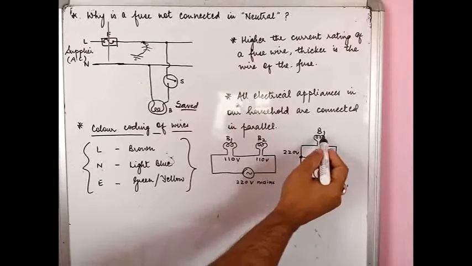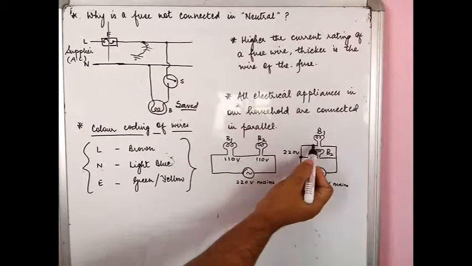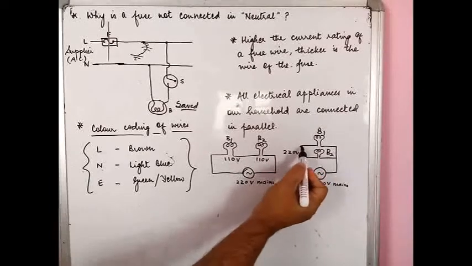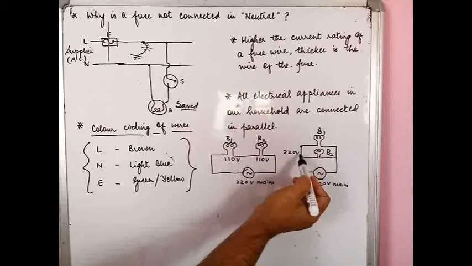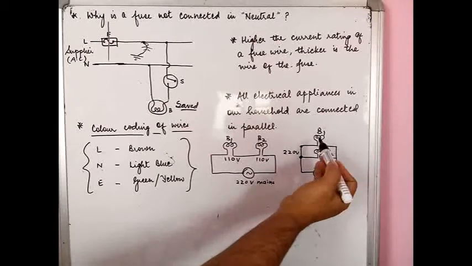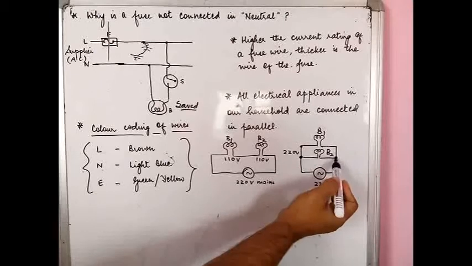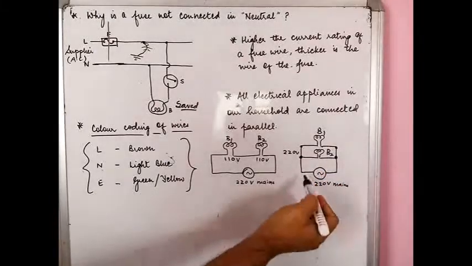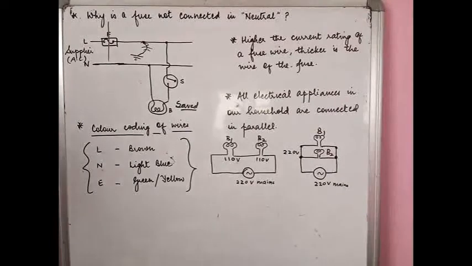220 volts across both bulbs, because you see, this end of this bulb and this end of this bulb are at the same terminal, and then the right hand ends of these two bulbs are also at the same end, which is connected to the 220 volt mains. So one reason why we should always have appliances connected in parallel is because each appliance will have its own 220 volt supply. The supply voltage will not get distributed or divided if the appliances are in parallel.